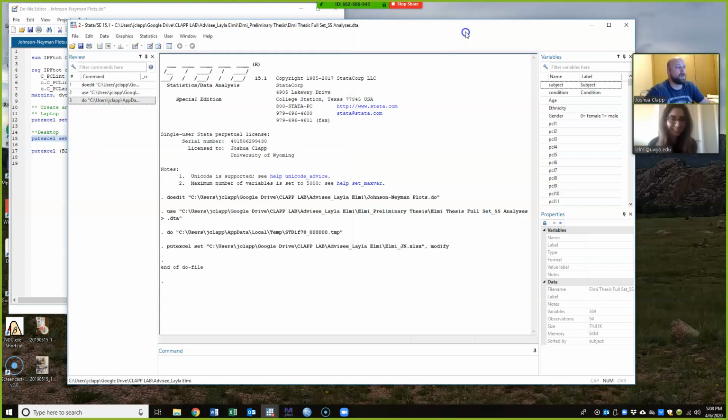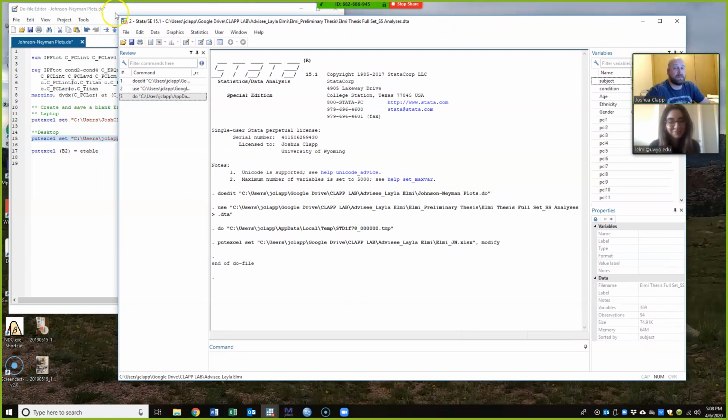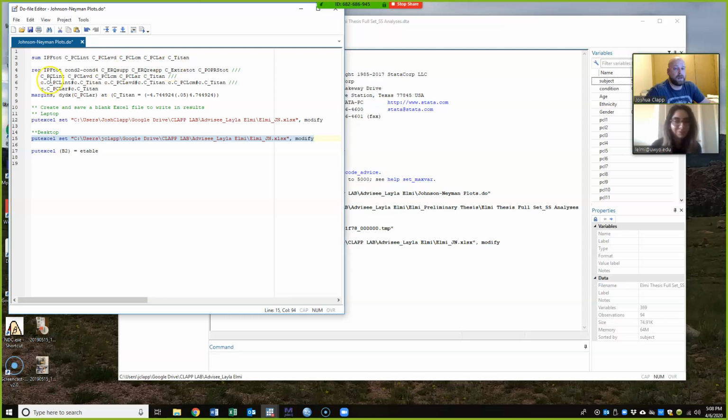Okay. Cool. All right. So you've got this up, and so I'll just walk through how we would run this for your Titan by arousal interaction here. So here is your regression model, and I went through and modified this. So we've got your outcome, condition 2 to 4. Did you know that you can do this in Stata? So that you don't have to, okay. So we've got condition 2 to 4, all of your covariates, all of your first order effects, and then your interaction terms here. So if I run that regression model,